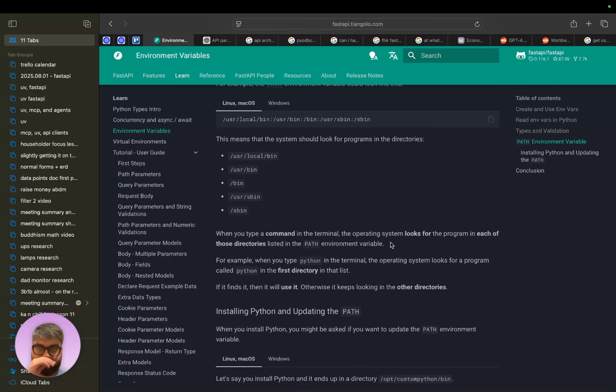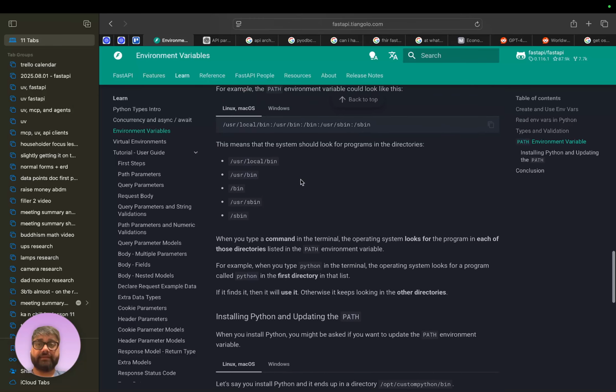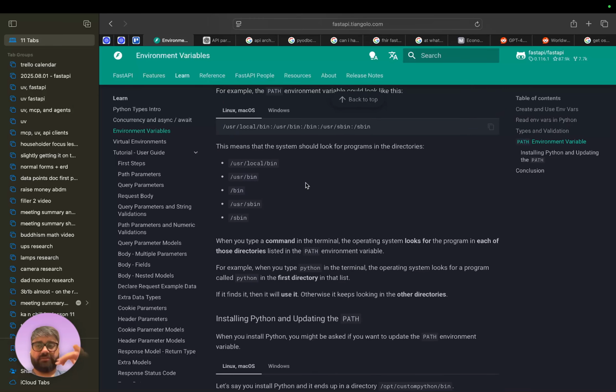It's going to search through all these paths to find it, and in virtual environments you're essentially temporarily manipulating this so that it looks first in a particular place where your environment exists when launching a program locally, I mean.